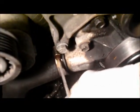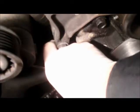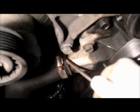This is what I'm doing. I just unscrew the lower radiator hose from the water pump, and you can drain it out right through here into a bucket. And you want to catch that antifreeze, because if you're going to be reusing it,